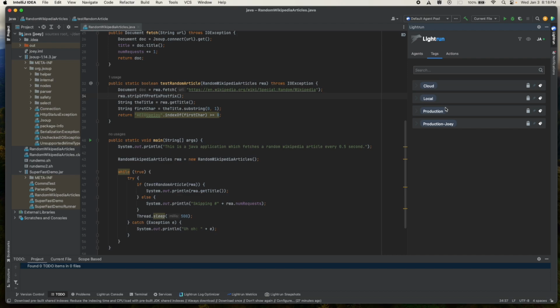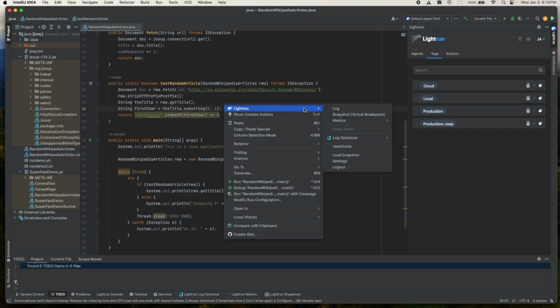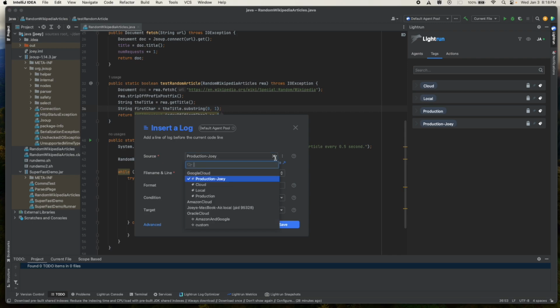The most common errors that happen when adding a Lightrun action stem from choosing an incorrect source. For example, let's say we have two different applications that we are trying to observe. Each of these, presumably, would have source code files with different names. But let's say we never changed the default production tag for either application. If we went to add a Lightrun log and chose the production tag,